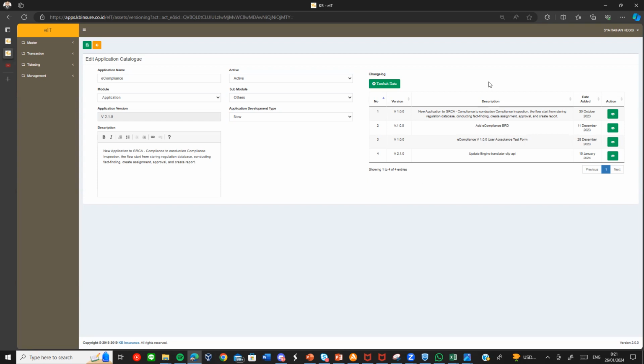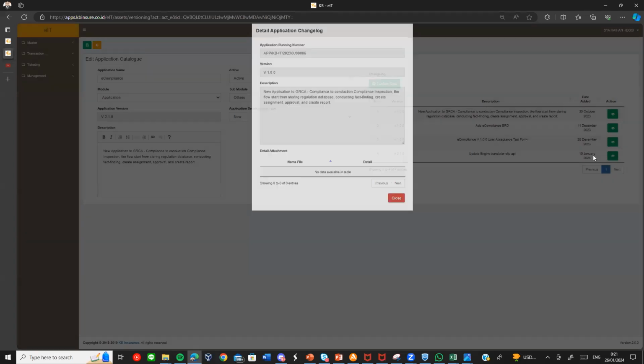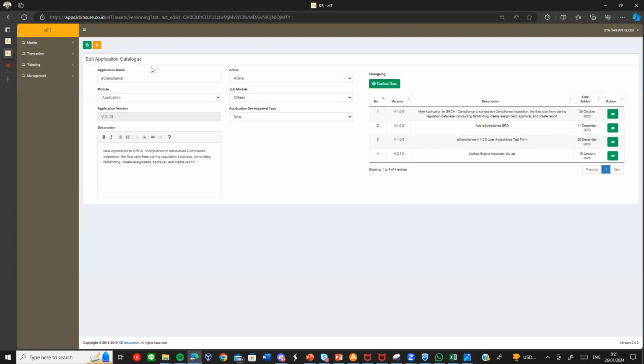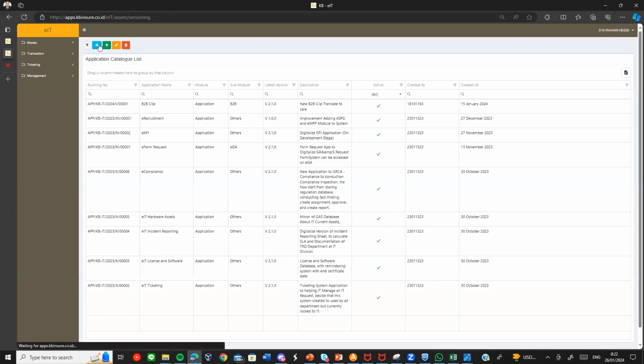For example, this is the first one, the detail of the application, and then I add the BRD, and the BRD can be accessed by all the IT. If the developer needs to create or improve the system, they can use this menu.